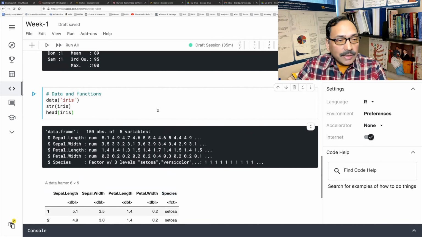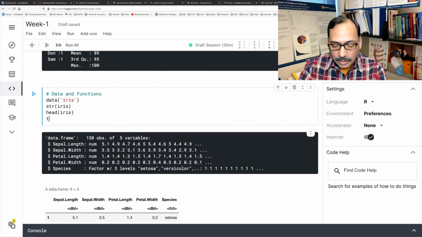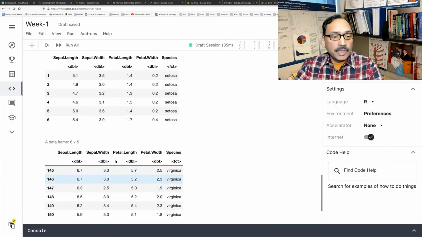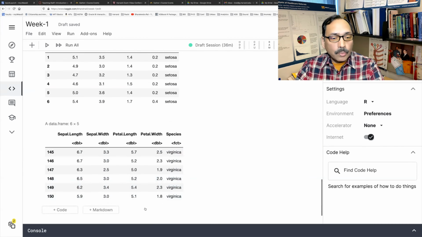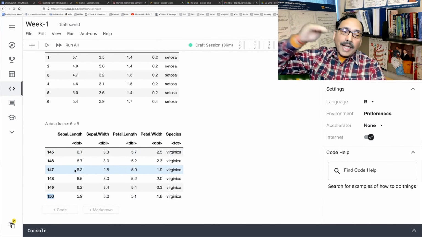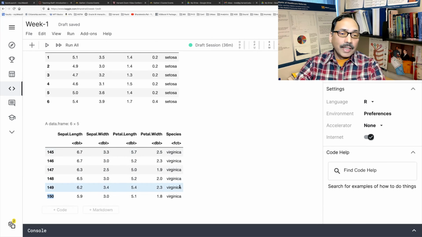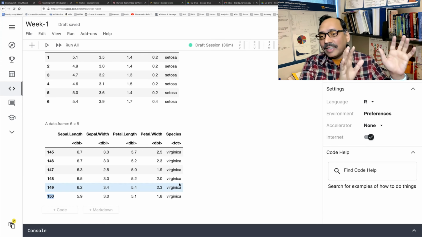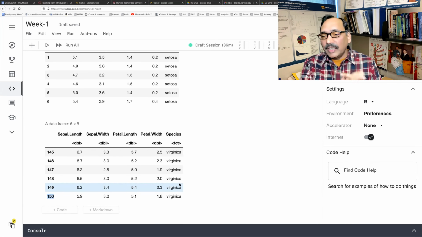Now, if you want to look at the tail, TAIL, so first one is head, and this one is the output for tail. You can see this is the 150th data. So last 6 rows in the data set are just presented to you. So this is just the output. We are not removing anything from the data. The data is intact in iris. We are not playing with that. We are only getting some output displayed.